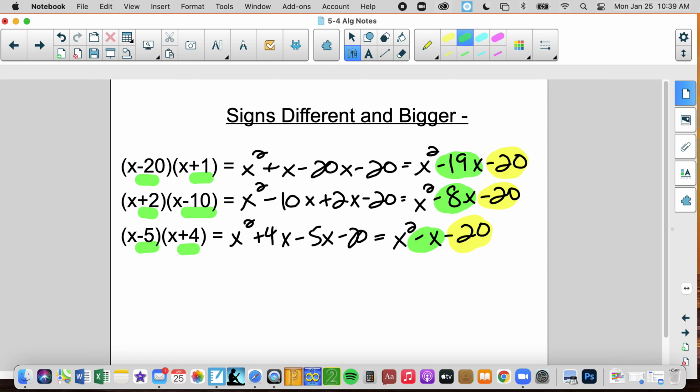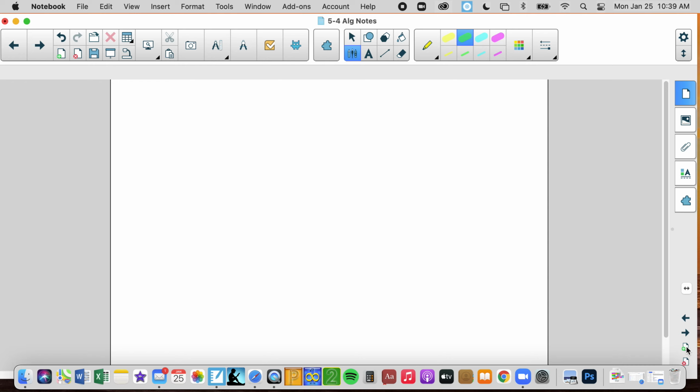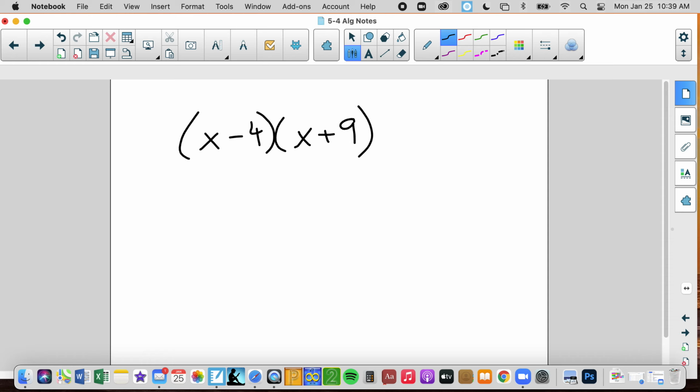So those are shortcuts. You should be able to look at a problem and do mental math, depending on what the two starting binomials are. So we know, looking at this, that my second sign is going to be negative, and my middle sign is going to be positive because the signs are different and I have more positives than negatives. So I get x squared plus 5x minus